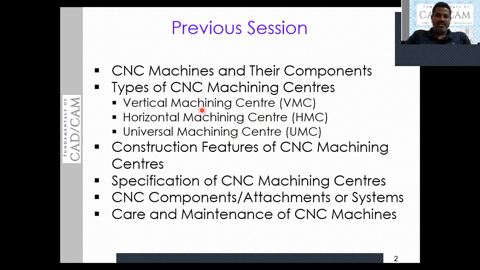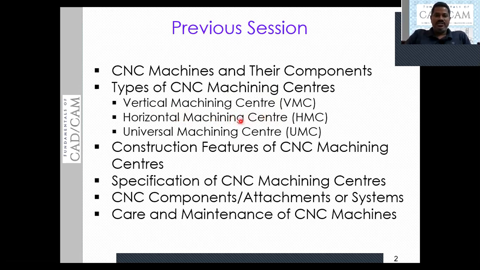That is the disadvantage of the vertical machining center. That can be overcome in the case of horizontal machining. But the drawback of the horizontal machining center is that we cannot twist the spindle. We can move horizontally and vertically only. It can reach horizontal and vertical planes of the workpiece.